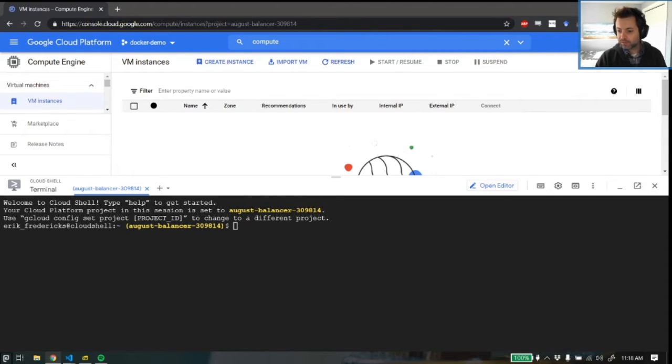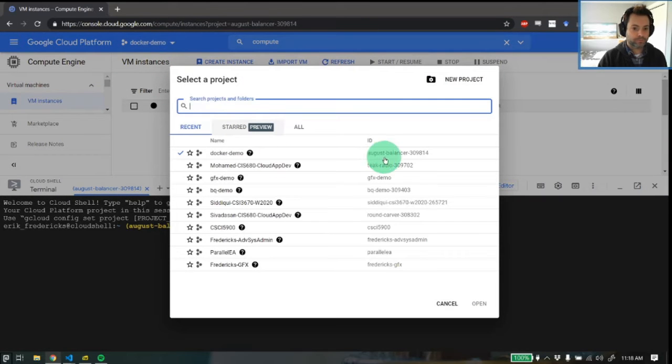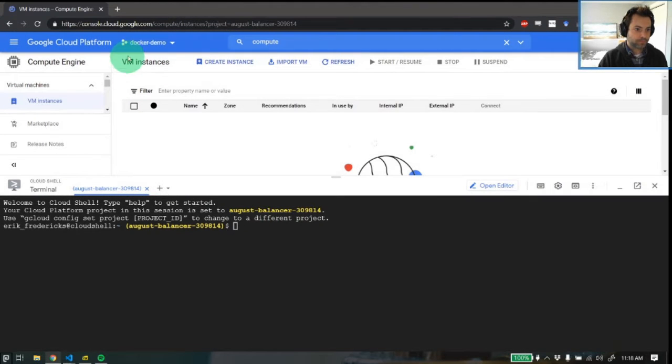So we need some default settings here. I'm just kind of going through the lab. We need a project ID, which we see we have set here in yellow. Should match our example here. So we're doing some Docker stuff here as well. We need a zone, and I'm going to set my zone, and this is going to